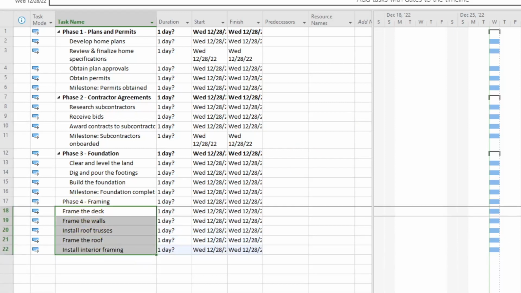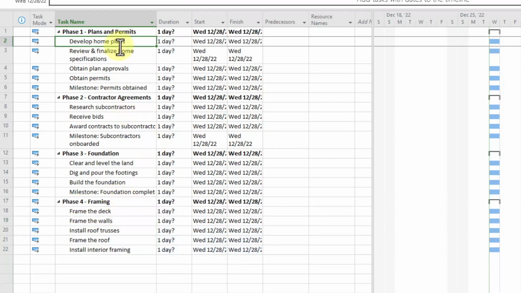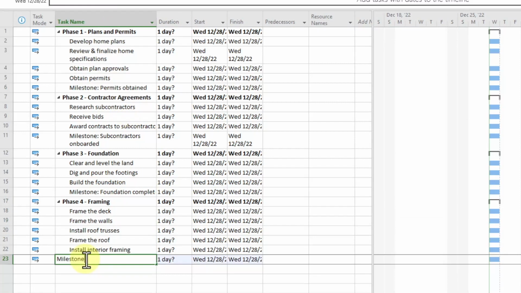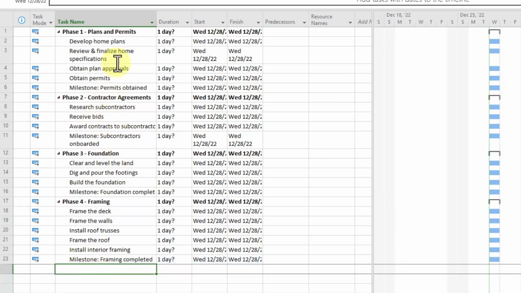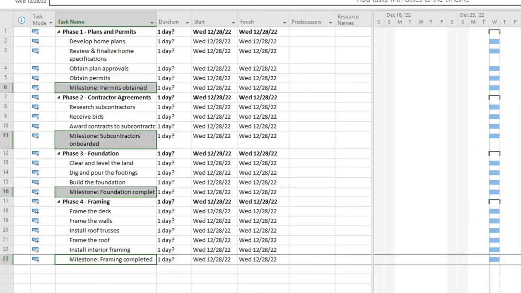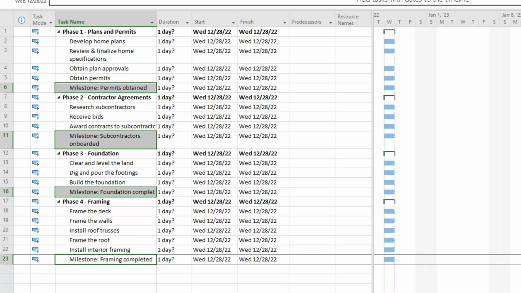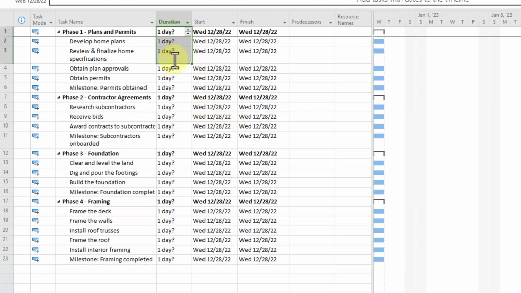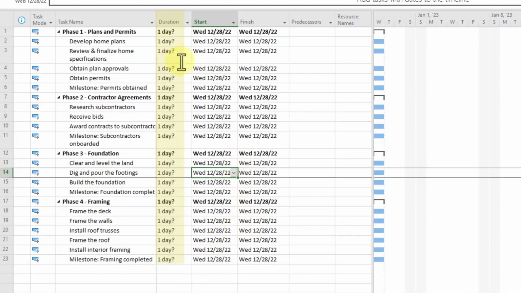As a pro tip, I've added milestones underneath each phase so it's visually clear when a significant milestone has been accomplished. On the Gantt chart to the right, you'll notice that all the bars are starting at the same time and the durations all state 1 day with a question mark right after them. We'll fix this later, but for now, to correct the Gantt chart, we need to establish the correct predecessors for